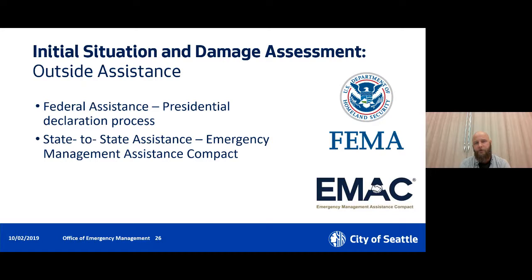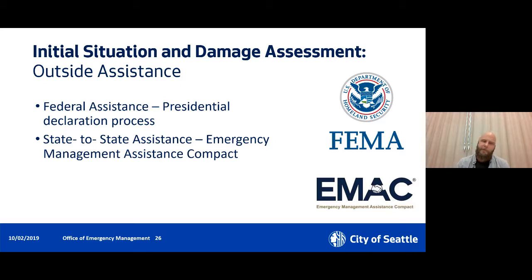So there is a presidential declaration process. We would be looking to, and in all likelihood would get, a presidential declaration, which once that is in place means that we can get a lot of federal resources that we would not normally get, in terms of both individual assistance for people in the public that have been impacted, but also for public things like infrastructure. Part of that is a damage assessment. Before a declaration can be made, we need to collect so much information showing that the impact is to a certain level that state and local resources can't handle it and that we need additional resources.